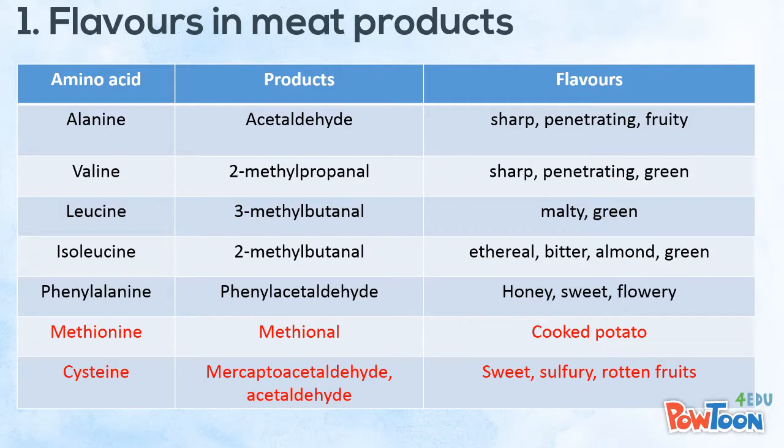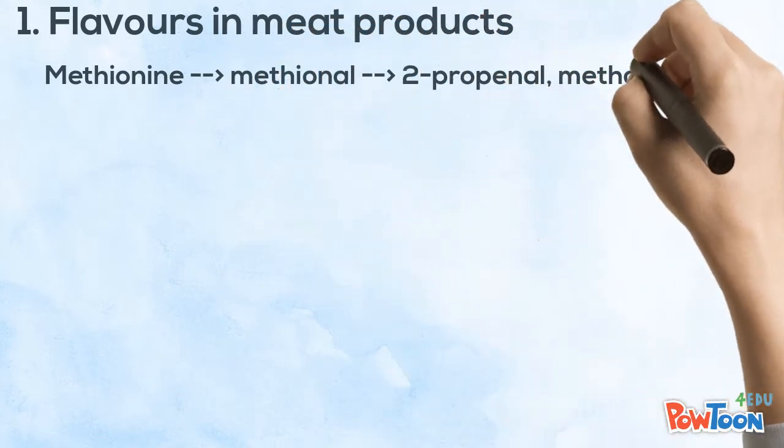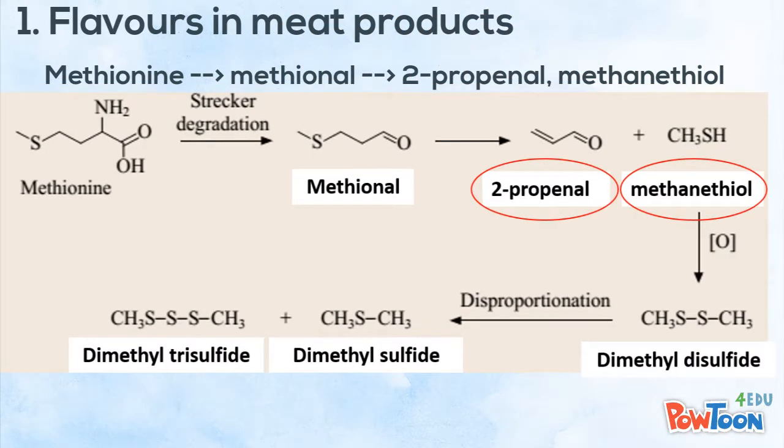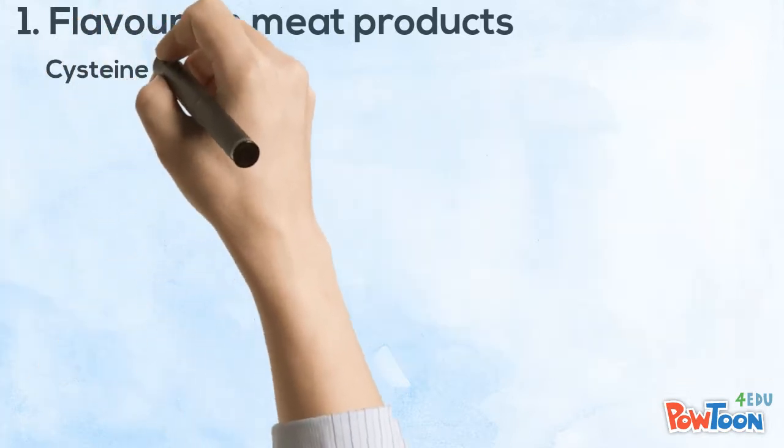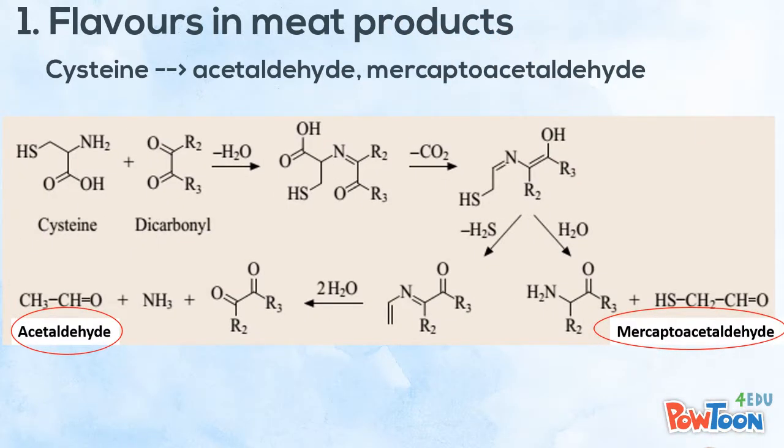Methionine and cysteine are the two most important amino acids in the formation of meat aroma. Methionine produces methional, with the aroma of baked potato. 2-propenal and methanethiol are formed from the methionine, which are reactive intermediates participating in further reactions to form various final aromatic products. Cysteine produces a number of highly reactive intermediates with flavor-generating potential, such as ammonia, hydrogen sulfide,